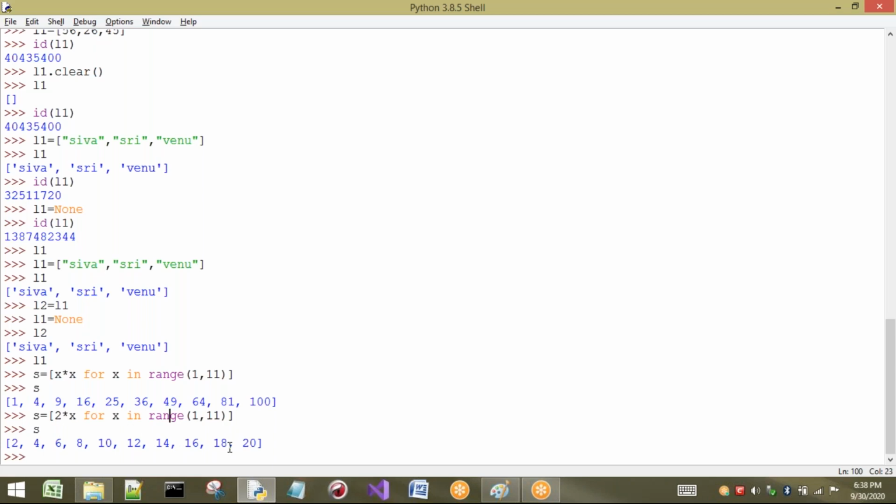Okay, right. Now I will show you one more example with an if condition. Here there is no condition, so for every value in X this will be executed. Once again, listen: here there is no if condition, so for every value in X this will be executed. How many values are there for this X? 1 to 10 will be taken. So for all the values, 2 into X has been performed here. But if I am going to write some condition, then what is going to happen?